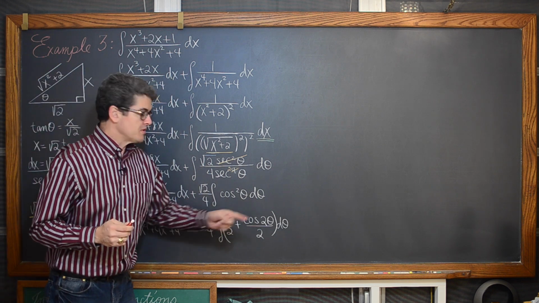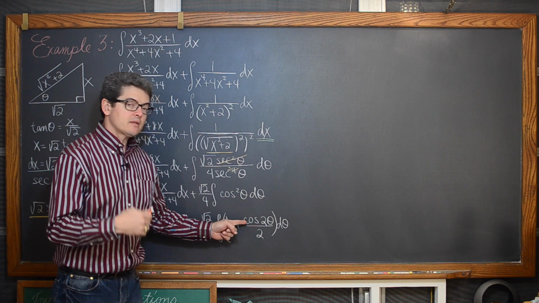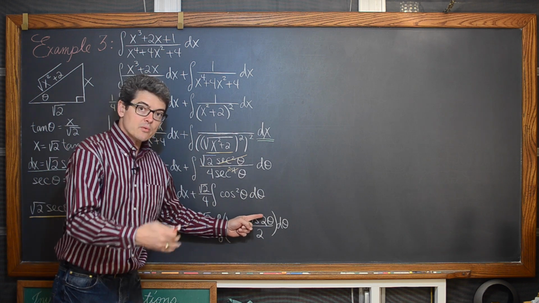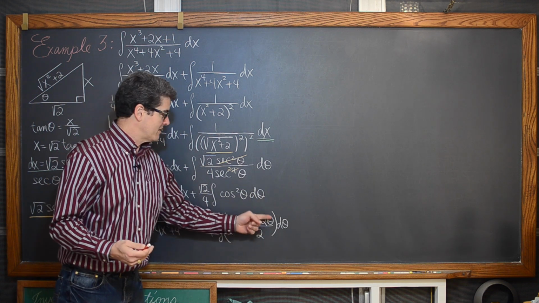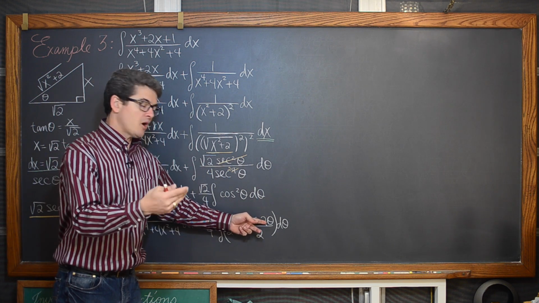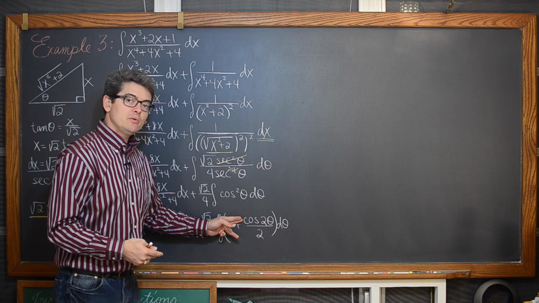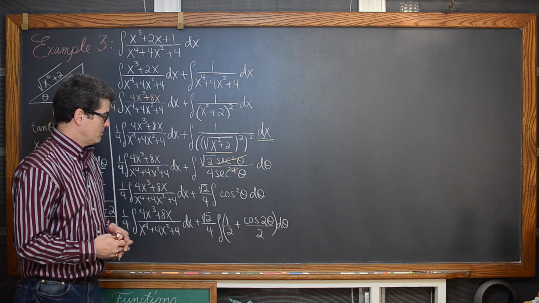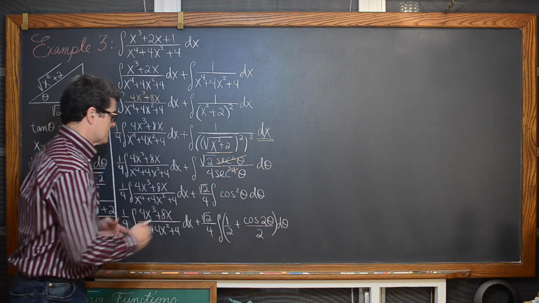we have a cosine of 2 theta, and that means that inside the cosine function we have a function of 2 theta. So this is like our u, and u prime would be 2. So I need a multiple of 2 here to complete the chain rule and complete this integration.